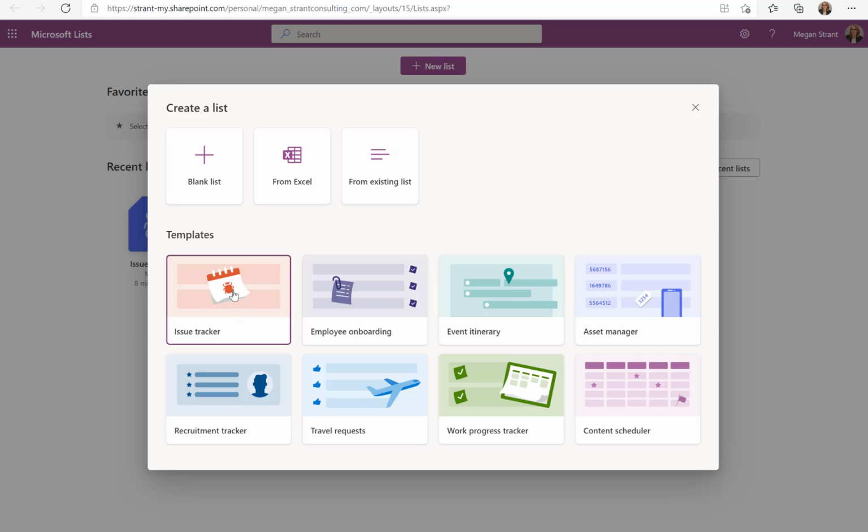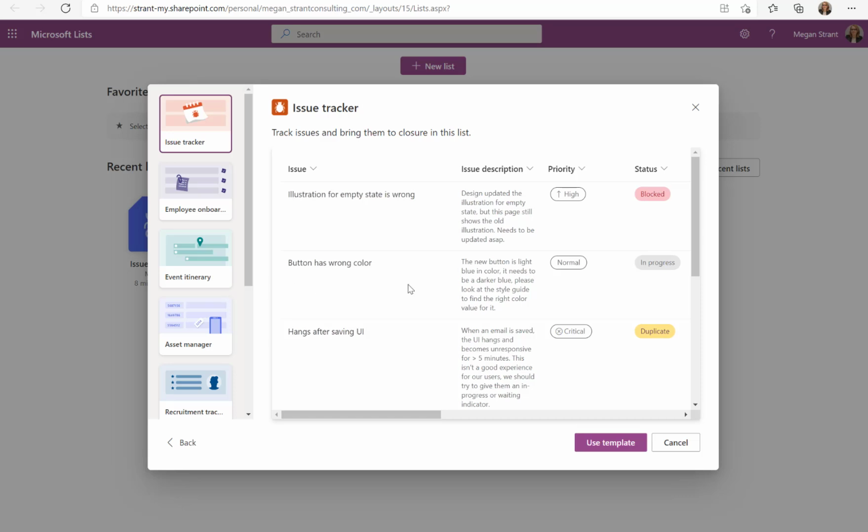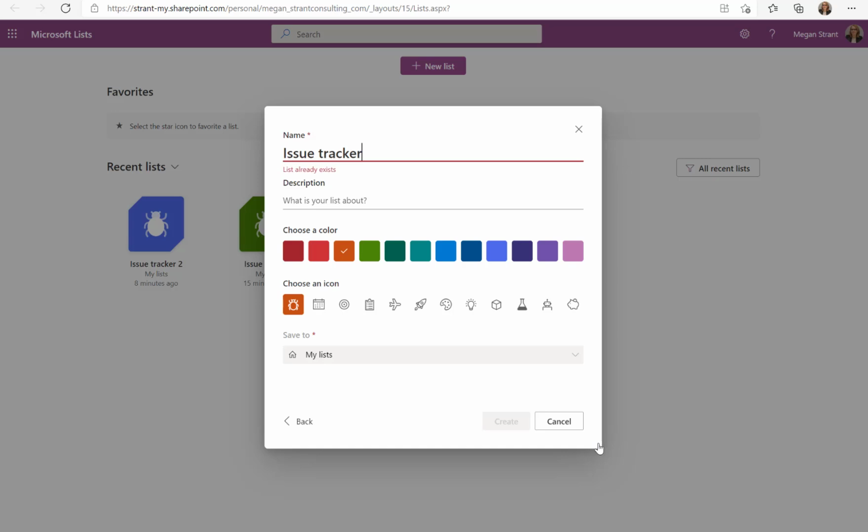So look, there's even an issues tracker here for you. So when I select the issues tracker, it shows me an example, and I'm just going to click Use Template. To be honest, the hardest choice is probably what color do I want it to be. I can add some information, select icons and different things here, choose where I'm saving it to, and then simply